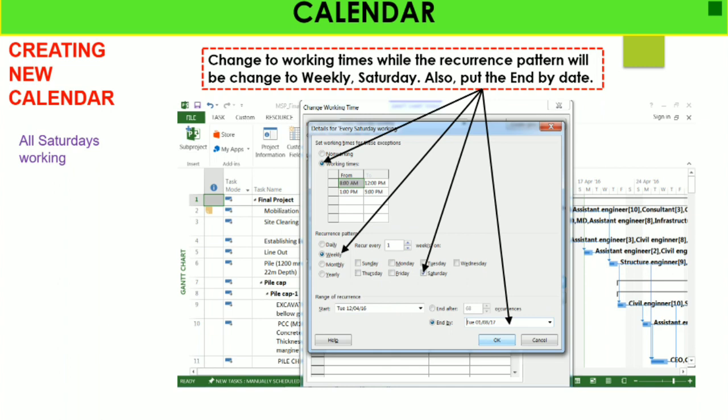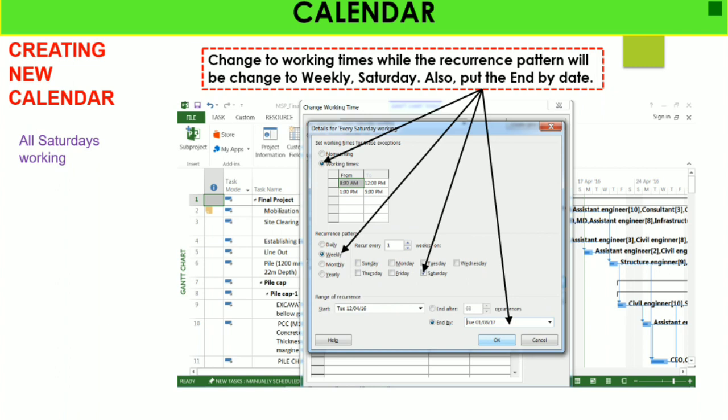You can also select working times 8 am to 12 pm, 1 pm to 5 pm. Based on your project requirement, your location, your labor and material availability and your team availability, you can assign working time.